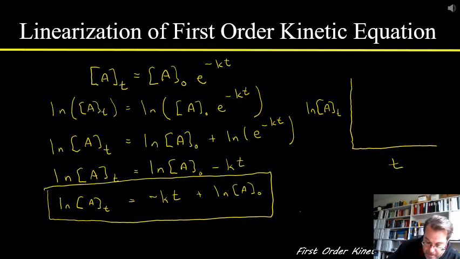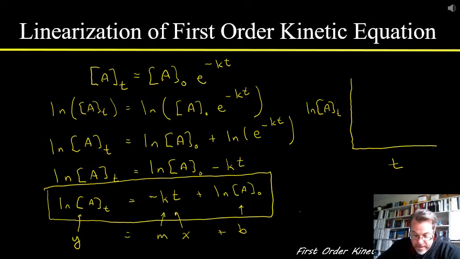Okay? So that means that this here, the natural log of the concentration, is our y value, and time is our x value. If you look at the form of this equation, you'll see that this is in y equals mx plus b form, or what we call slope-intercept form. That means that when we plot the natural log of the concentration of the reactant on the y-axis and the time on the x-axis, we're going to get a straight line